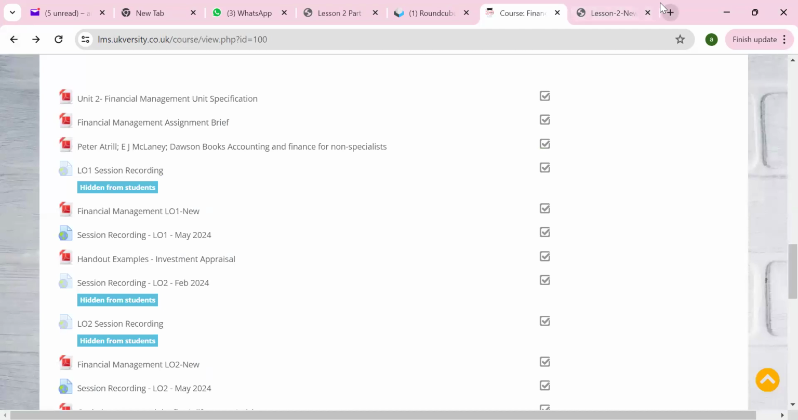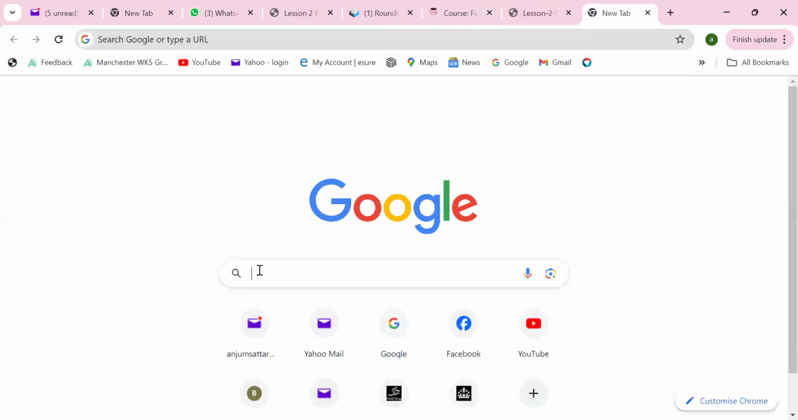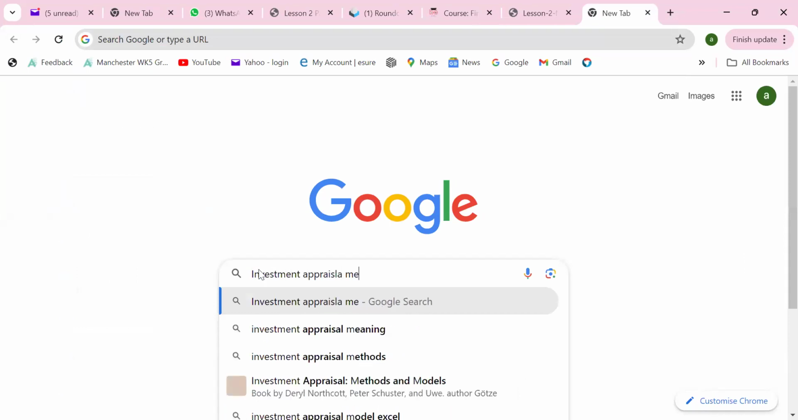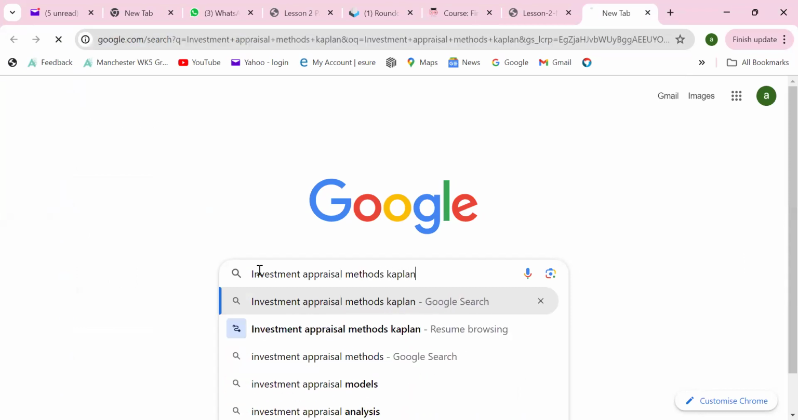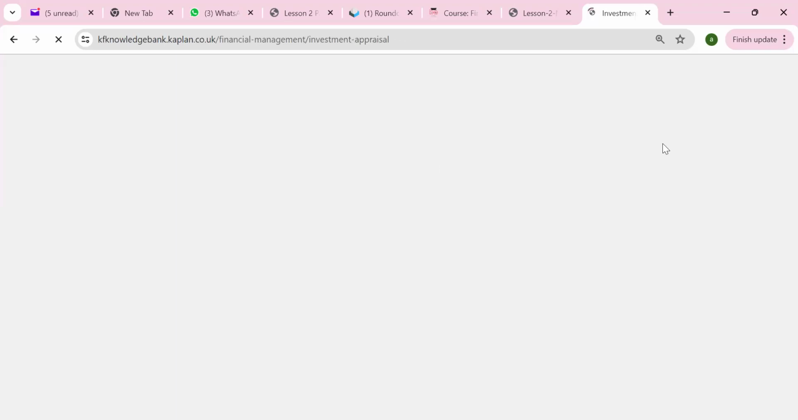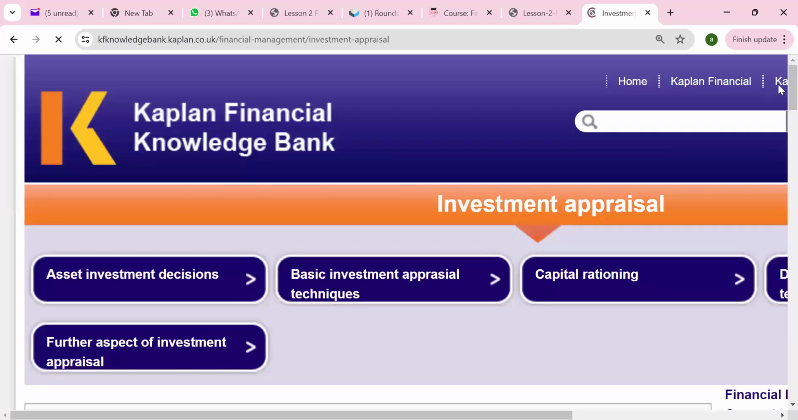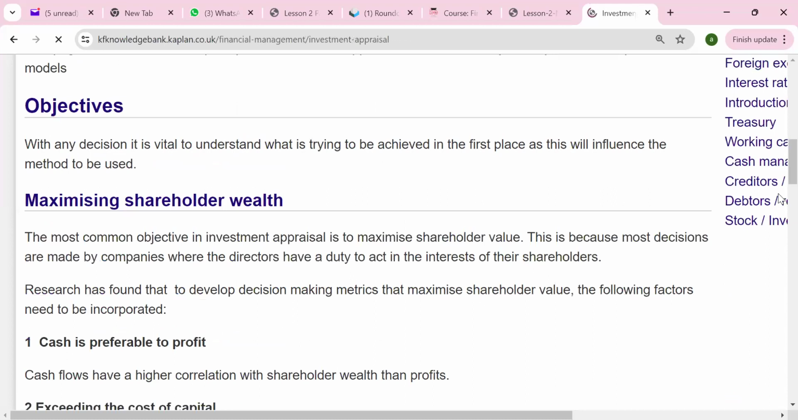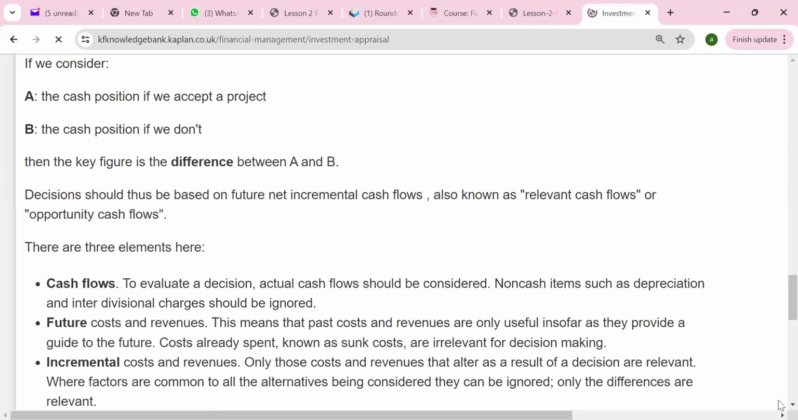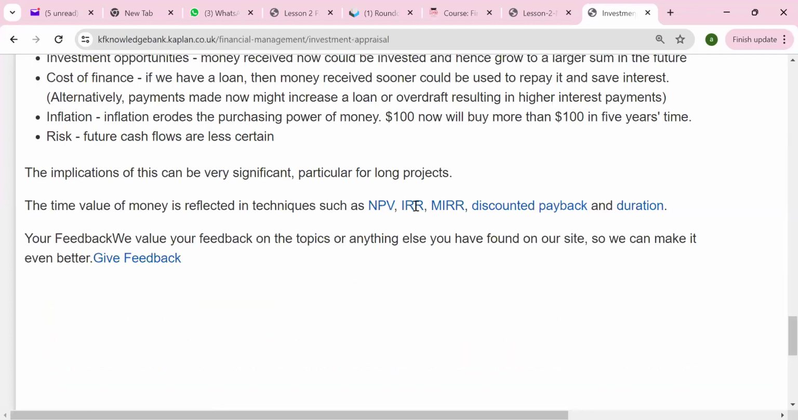Other than that, when you're doing your assignment and want to pick an investment appraisal method, if you search for investment appraisal method and Kaplan, you will find an example. There is a chapter of the book called investment appraisal, which is quite good. You can pick an example, make sure you reference it, and you will see the purpose of investment appraisal, and the methods: NPV, IRR, discounted payback and ARR as well,